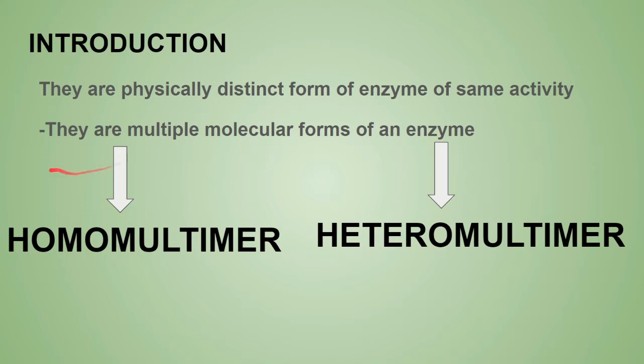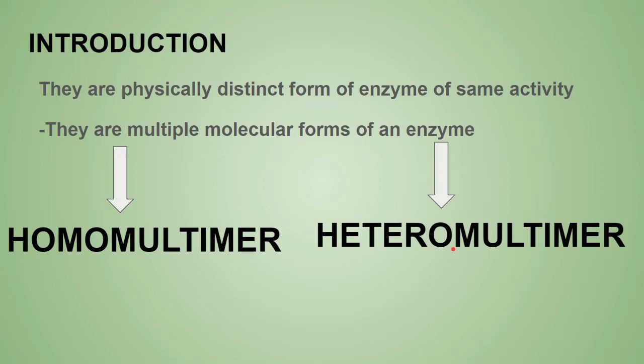Now we have two things over here, homomultimer and heteromultimer. If the subunits are all the same, means if the particular enzyme is made up of all the same subunits, that is known as a homomultimer. And what is a heteromultimer? Of course the subunits will be different in a particular enzyme, so that is known